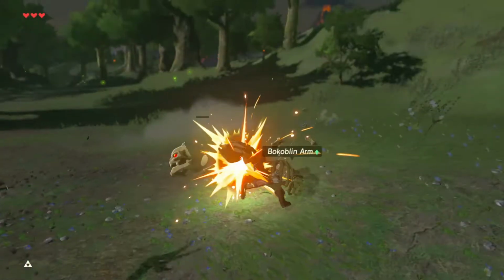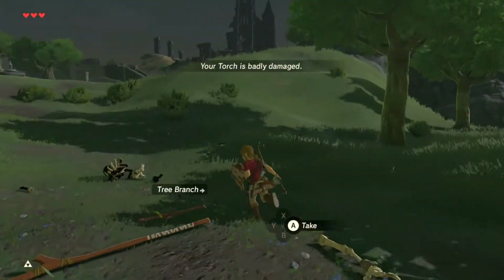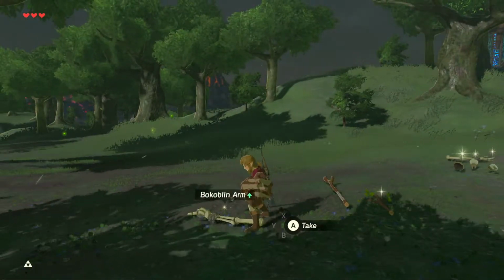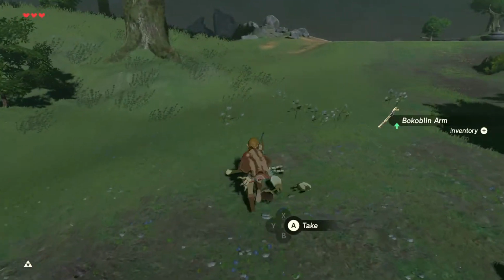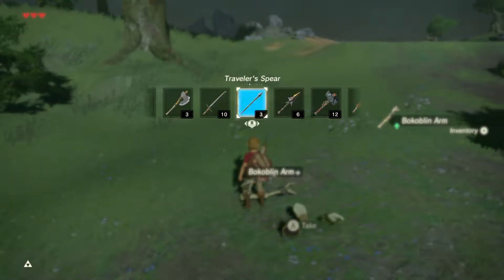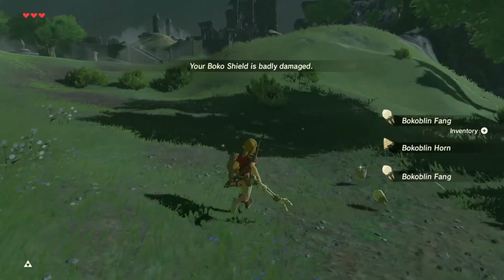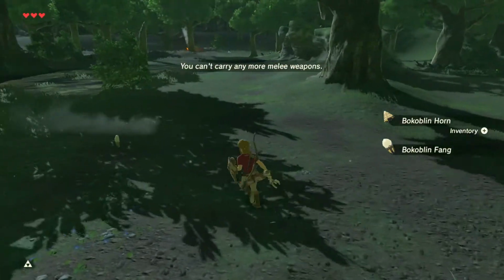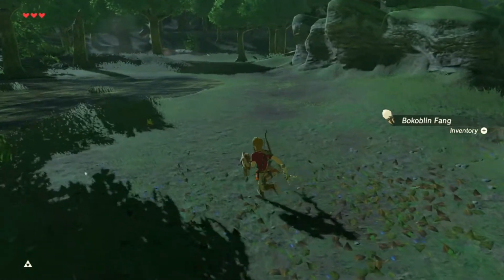That was cool. I don't know if you noticed, he went to pick up the head of his comrade there to throw at me, and I picked it up before he did, but he still went through the animation. These bokoblin arms are useful to a point. They are very weak. They break after only a few hits, but they're one of the stronger items at this point in the game, so...